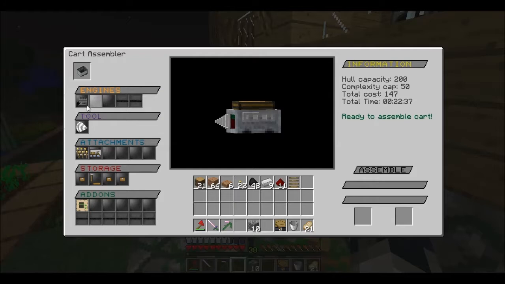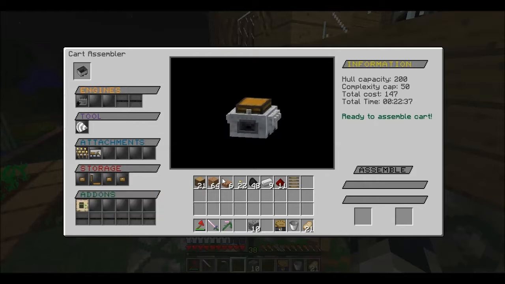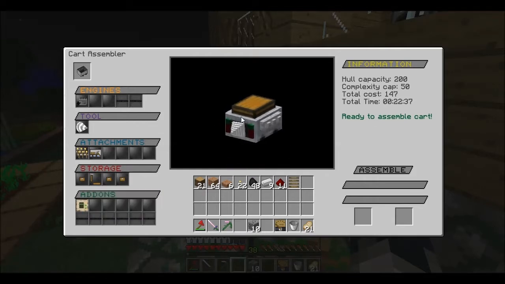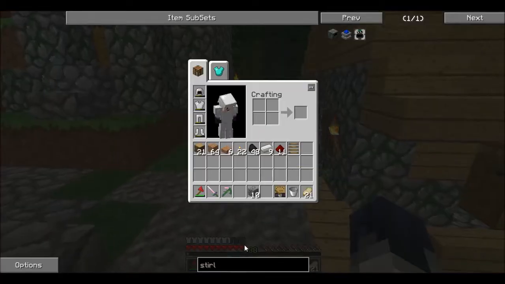So here I've got the coal engine, iron drill, the torch placer, bridge builder, and some chests inside my cart. I got the height controller module. So moving on, I needed a bridge, not the bridge builder, I needed some rails for my cart, and I needed the, let's see,